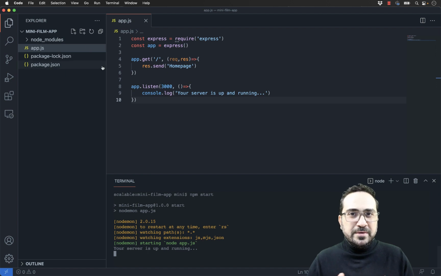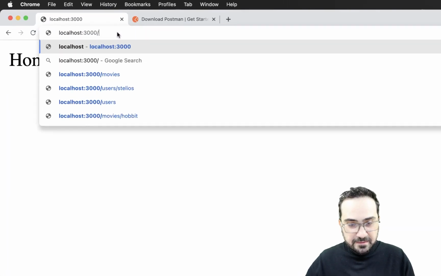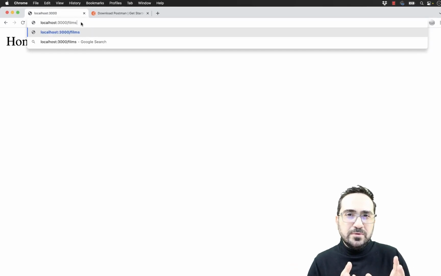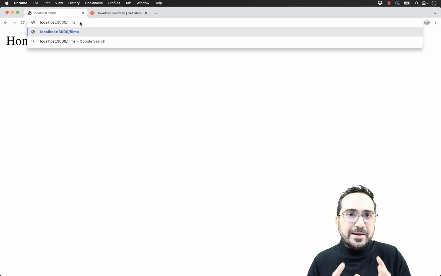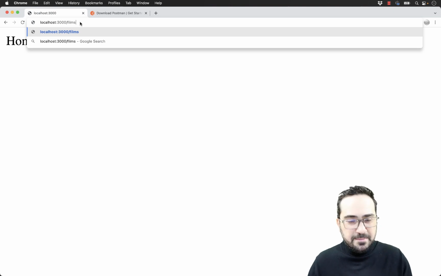All right, so let's think about what we have to do now. We need to create a route. Whenever the user goes here, let's say something like films, and presses enter, they can take data from the database. So I will do my route and then I will see how I will actually create my data, because I don't have anything yet. I'm just thinking how I can organize this.